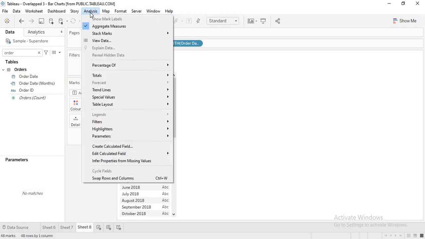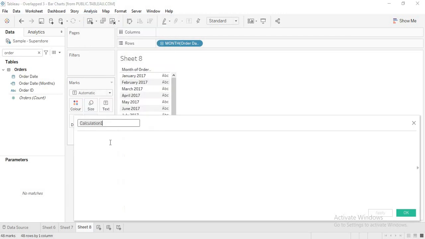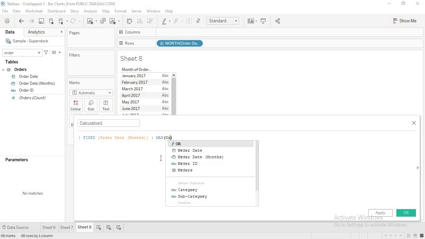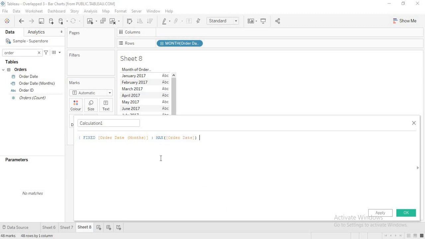Now I'm writing a calculated field, which is an LOD fixed. Now I'm taking order date month because I want it at that level. Month wise last working day, right? So that is one. Now what I'm saying is max of order date, last working day.